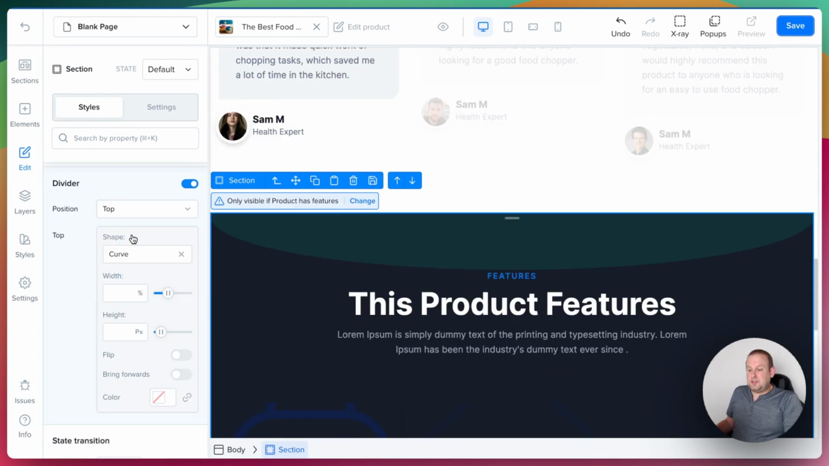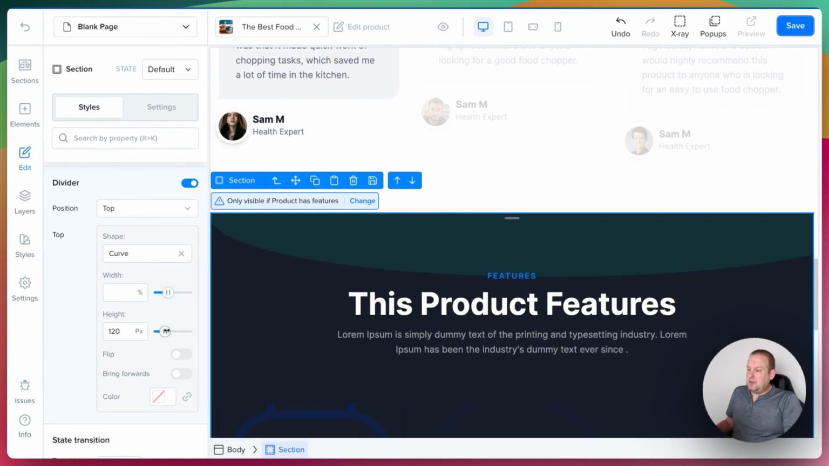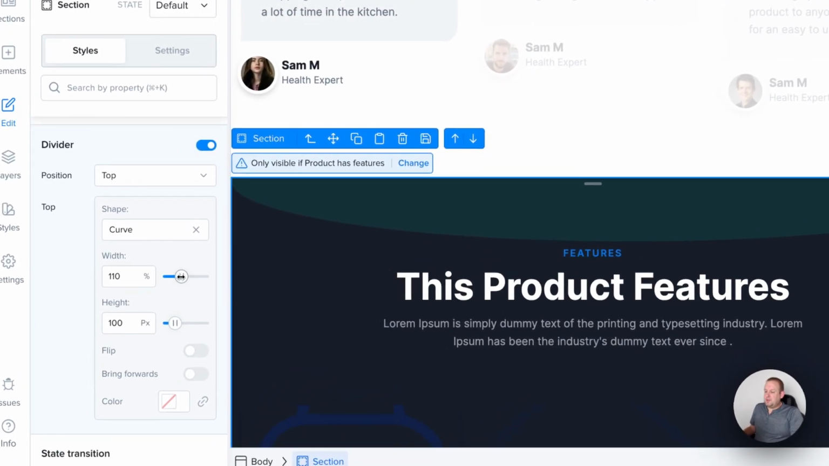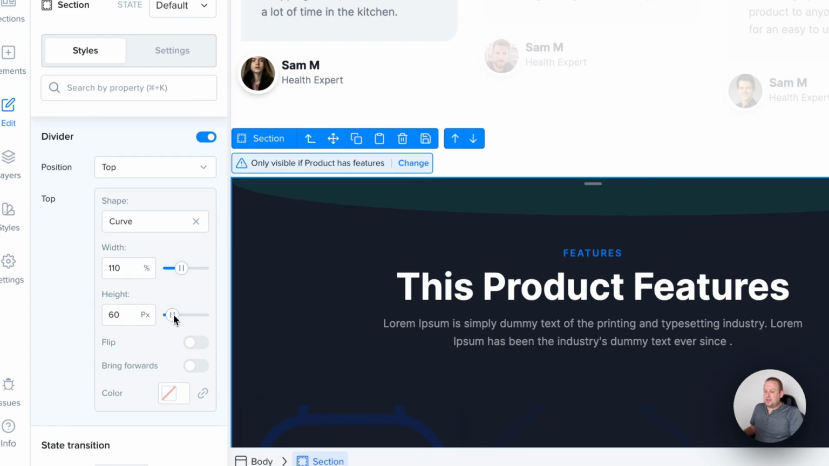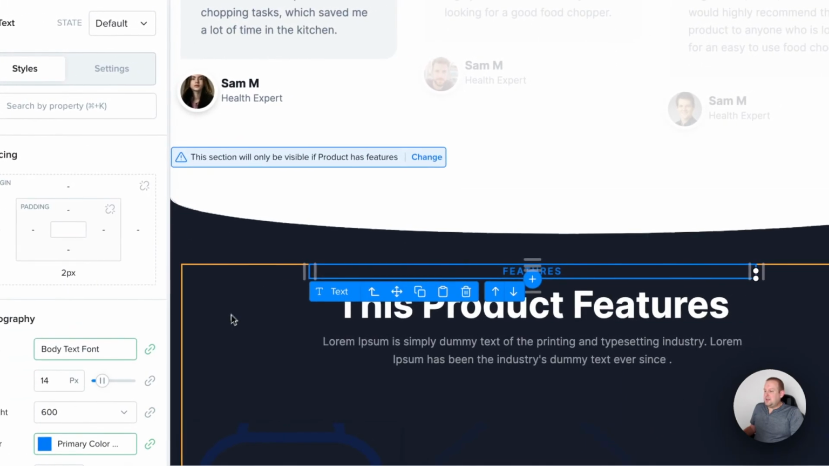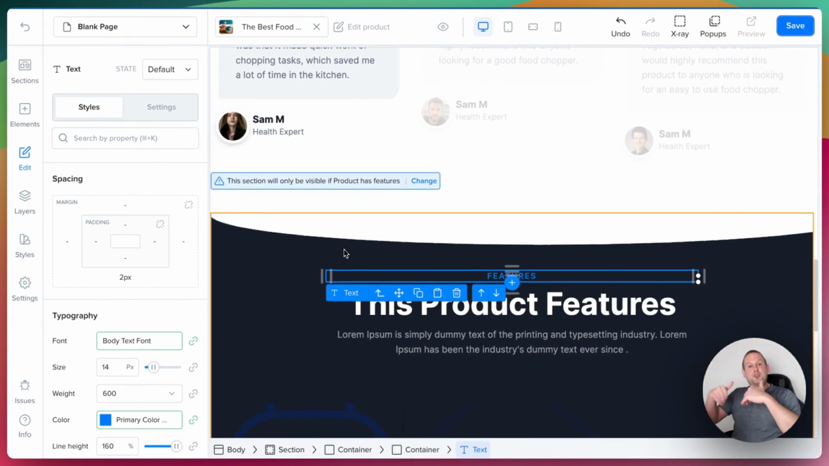So let's go with a top, and this is a little bit of a curve, so that's fine, but let's adjust the height of the curve. And let's say, also change the width a little bit. There we go. And now let's make this a little bit smaller, just like that. And now change the background color to white. And now you can see that we have a totally different kind of divider, basically transitioning over into a completely